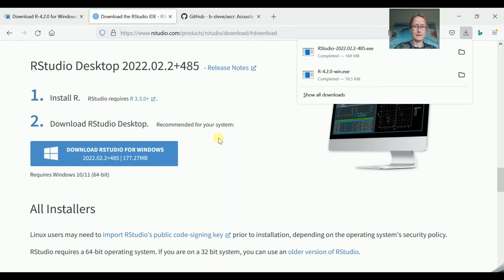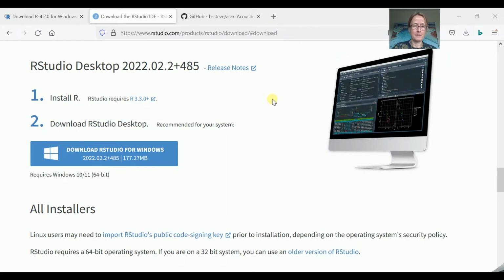Great, that's completed. And again, to install RStudio, we need to run the executable file. So I use this shortcut to get to it, open file,